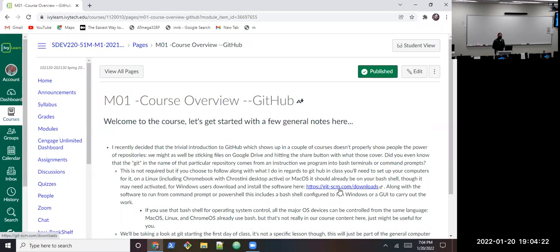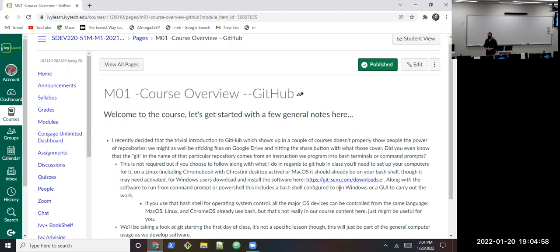Oh, and then the thing to download that connects to GitHub directly also comes with a bash shell that is configured to run on Windows. A lot of people forget this these days, but bash is not part of Linux. Linux uses bash. Bash predates Linux by about 15 years. And bash was a replacement for something that was a replacement for something that was a replacement for something. So it definitely predates Linux. It's the Unix command. And when you download this, you get a bash shell configured to run on Windows, which is really nice because people who have worked with other systems